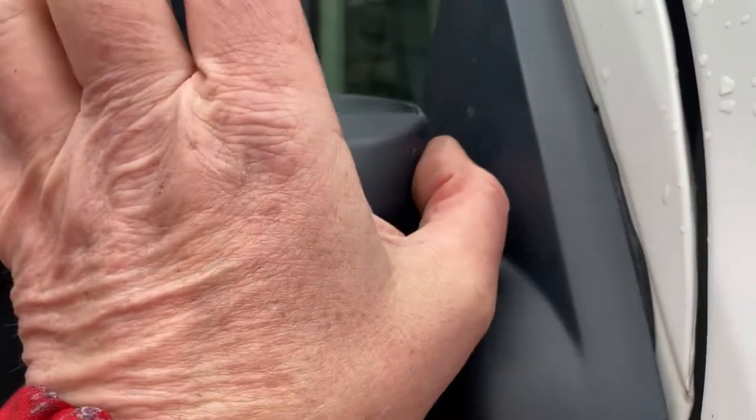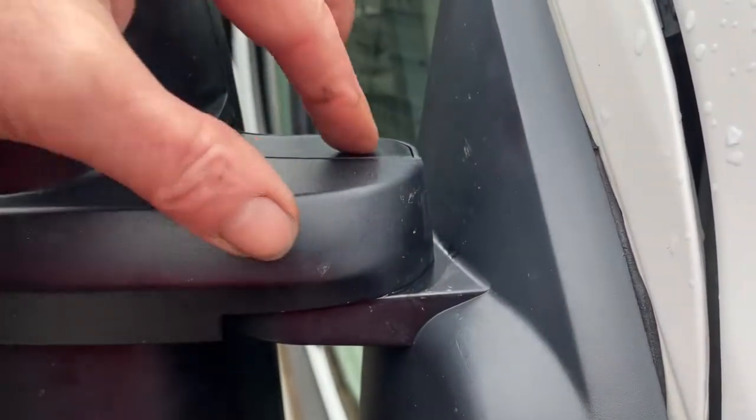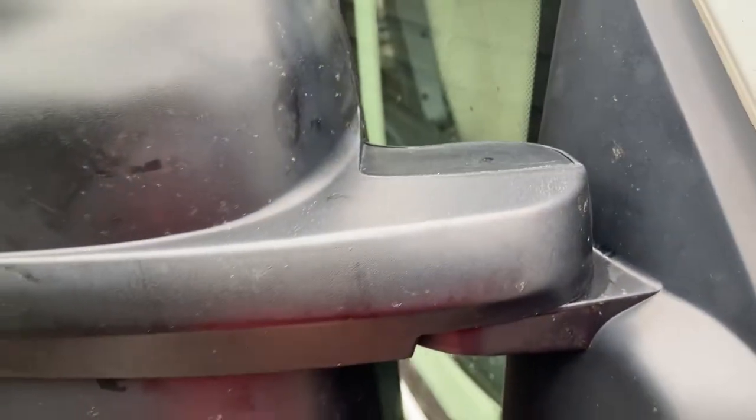Another little thing as well on the back, when I was putting this cover on, there's a lug right here in that corner which marries this seam together. You might need to put your hand on it like that and squeeze it together, but it's all gone in fine. And another little thing that I should have done, thinking about it, but I'm not taking it off to do it now,